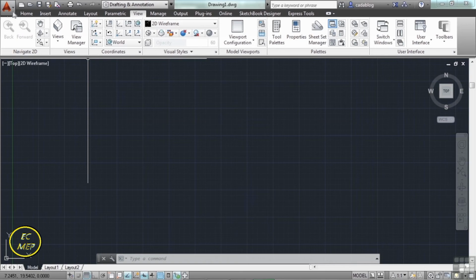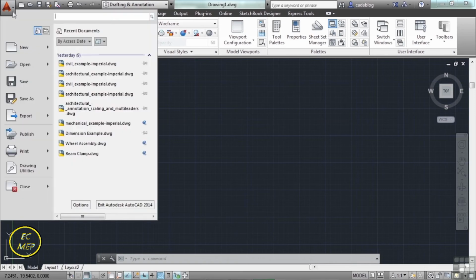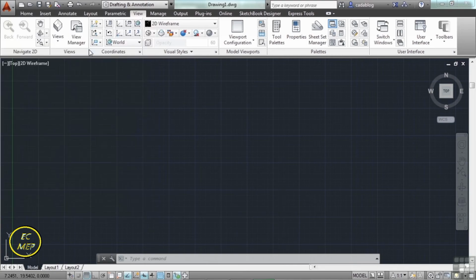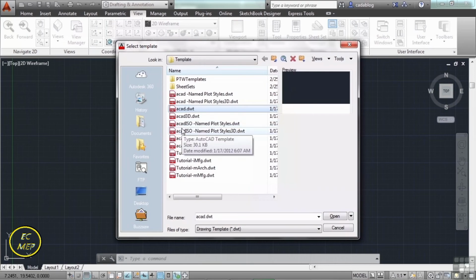To get you used to working with the ribbon, go up to the application menu, which is that big red A in the top left corner. Click New, Drawing. This opens up the template folder. We want to use the template file called acad.dwt. Click Open,